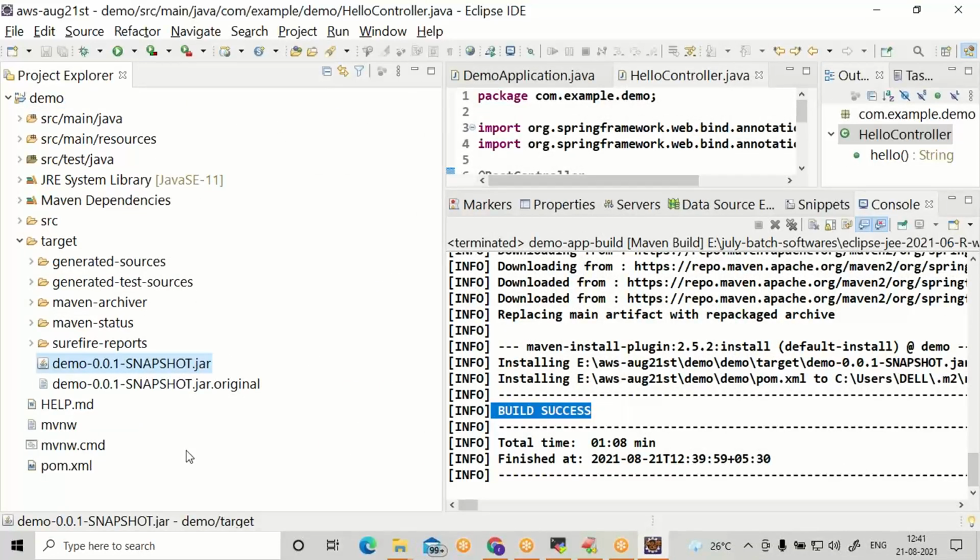The first jar file finalizes your project. This jar file you need to upload into AWS. Entire project development is available inside this jar file. It is a final package.